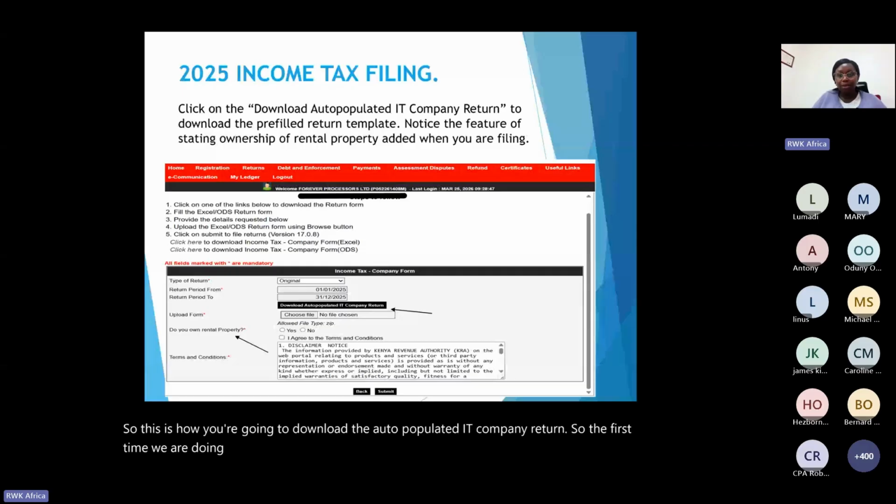It has pre-populated information. So previously there was not this section. Some of these sections we used to fill them. But now the sections come pre-populated, it can pull information from the iTax portal and populate some of this information. So if you had withholding taxes, you're going to find it there.